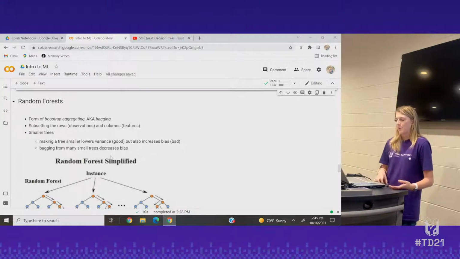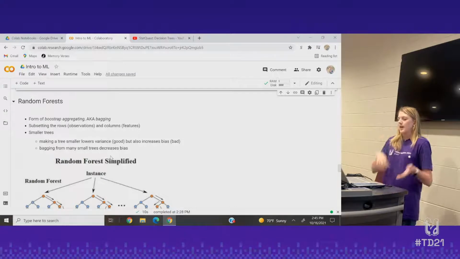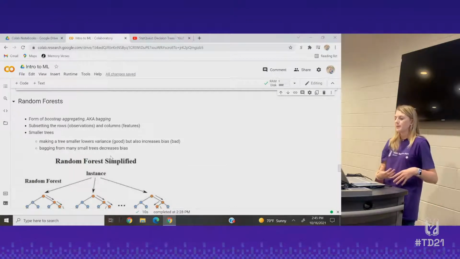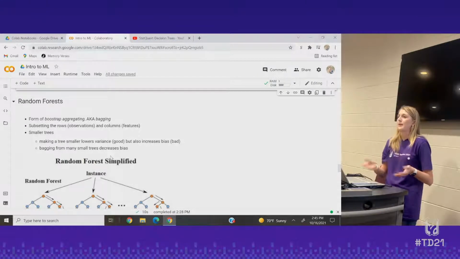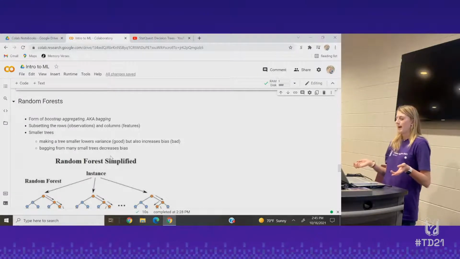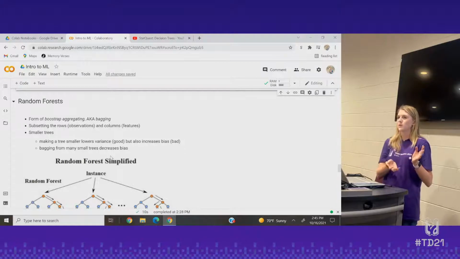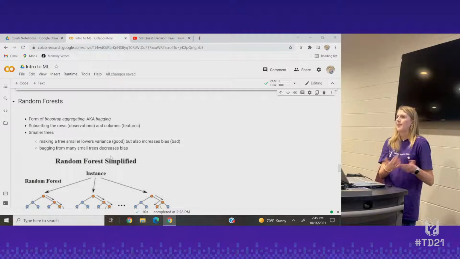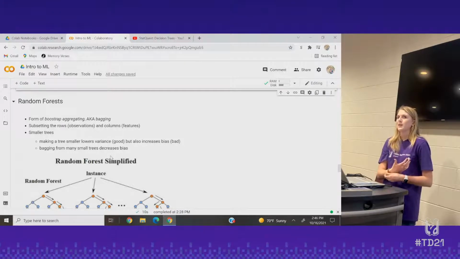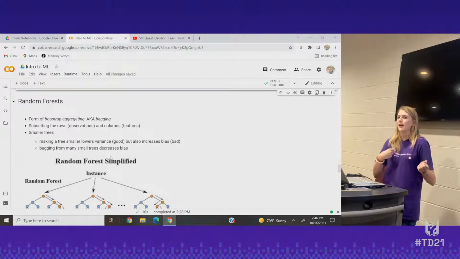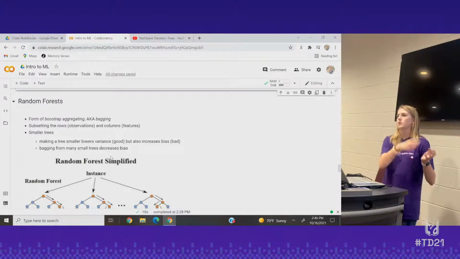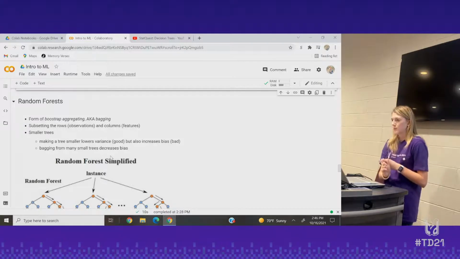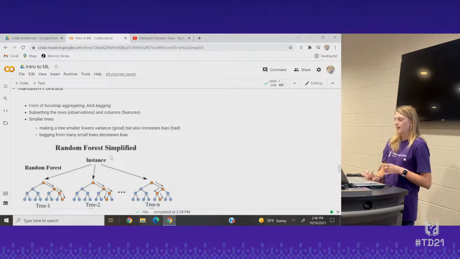But basically what it does is, say you have your original data frame that you're going to make decision trees from. What random forest does is it wants to remake the data frame, and it starts by randomly subsetting rows. So it'll take random data values. So in your data frame, I think they said about 25% of the data is repeated. You might not have all of your original data because you're randomly picking rows from your original. So you randomly subset rows, and then also when you start making your trees,